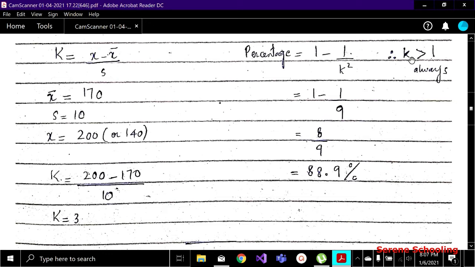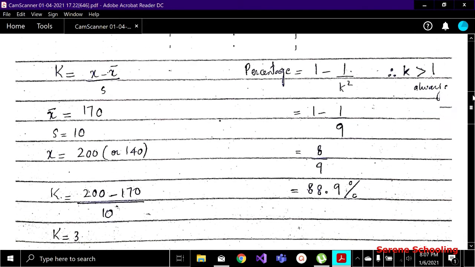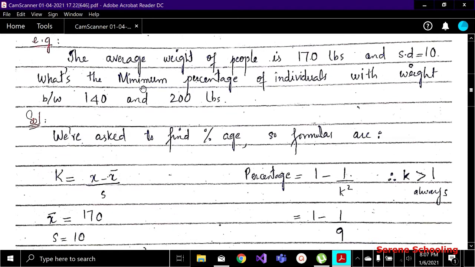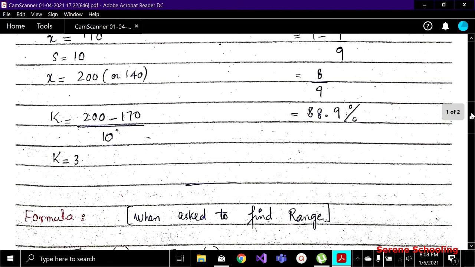So now I guess that you're okay with finding the percentage using Chebyshev's theorem. You can get the concept from the book also, but these formulas are not so widely discussed in some of the books, so you can see how to solve these problems related to percentage as well as range, where the minimum case is given, and all sorts of distribution shapes. And in this problem we are not given the shape, but we are given the minimum. This is the hint. And after discussing the percentage case, we now have to find the range. There we will be given some percentage and we have to find the range using Chebyshev's theorem. So let's go over there.